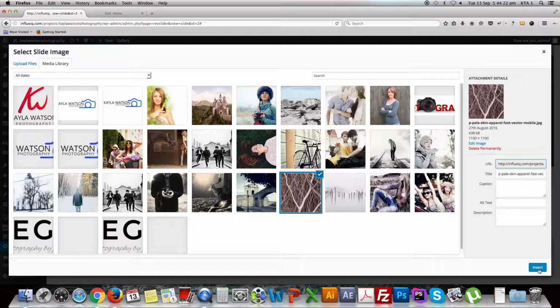Let me choose this image for the new slider.